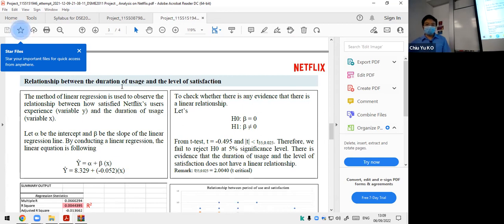And whether watching more Netflix makes you happier, okay? That's what they do. Because you would expect, hopefully, watching more Netflix will make you happier, or the other way around, you watch Netflix because you're not happy. What they found is negative. So maybe you are sad, you're blue, you watch Netflix.